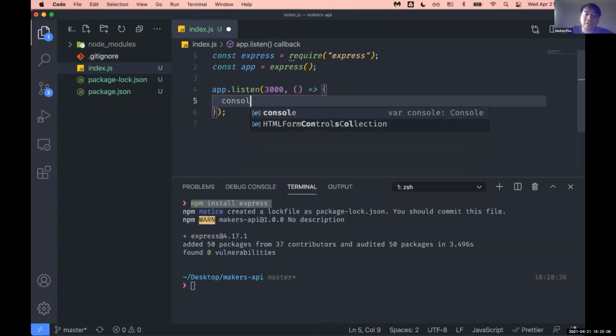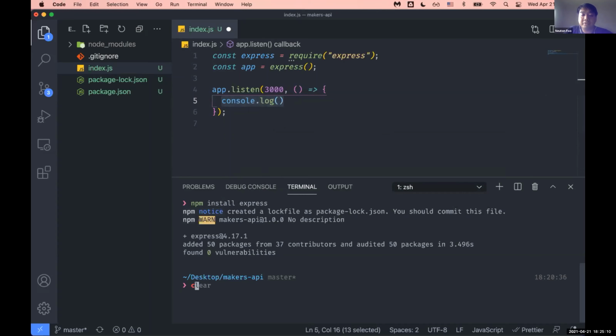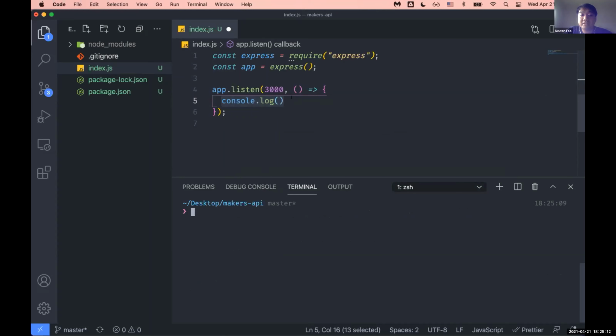So let's actually console.log. console.log is how we print into this terminal window right here. So when we run our app,